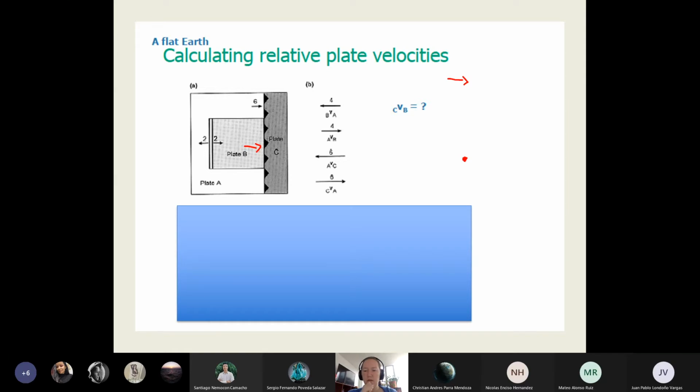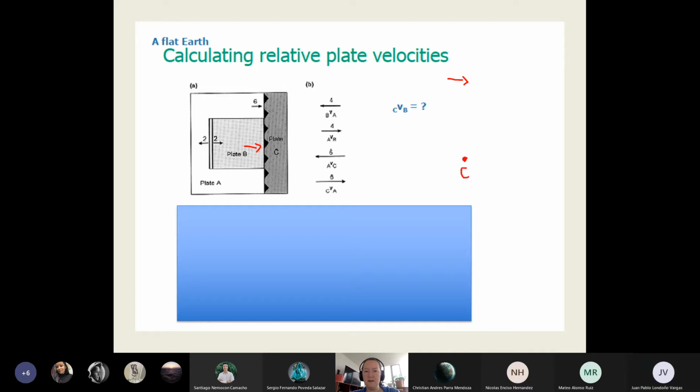Okay, so here's the idea. I have to make a diagram that shows me velocities in space. This is going to help because I can fix one plate and recalculate all the velocities. So what plate did I want to fix? I think I wanted to fix C, right? C. Okay, so let's fix plate